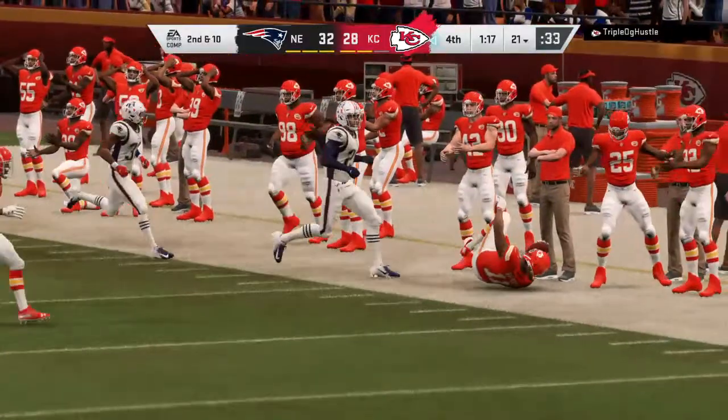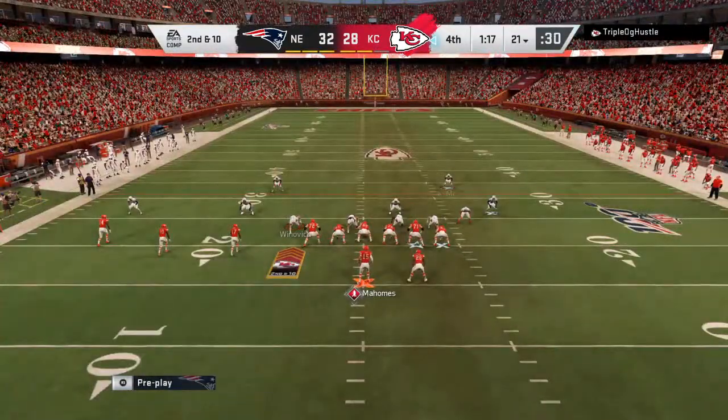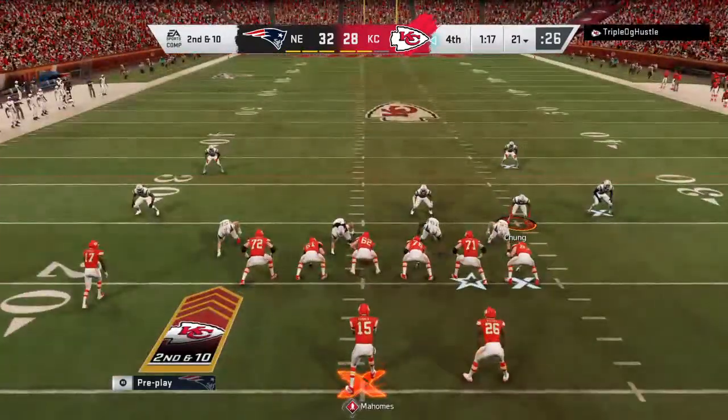What are we going to do when we have the opportunity? They've called these plays a bunch of times. Now's their chance to execute them. They have the opportunity now. Here's the execution. Watch the